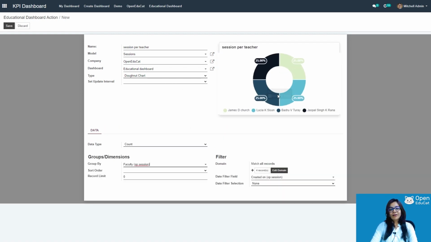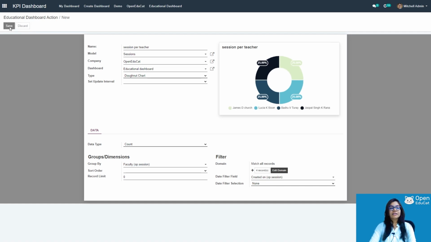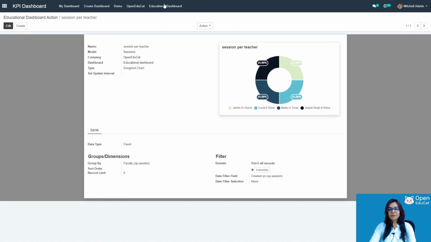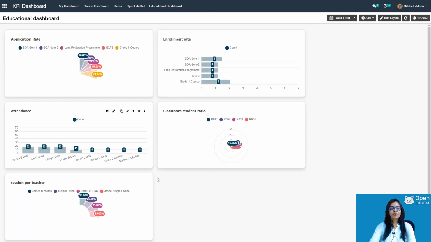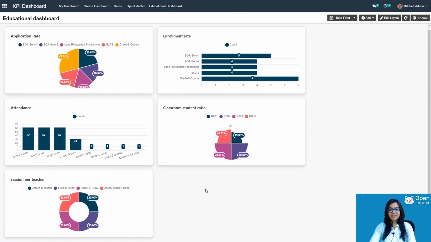You will get this doughnut chart in the form of session per teacher, means you can know how many sessions this teacher has. Click on save to save that chart. Click on the educational dashboard to see that chart. Amazing. You can see this amazing view of the educational dashboard.